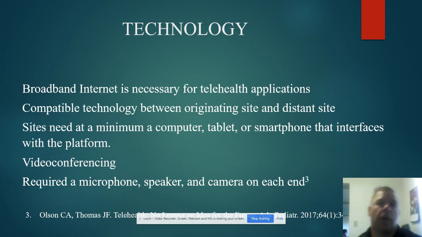Involved with telehealth, obviously, you're going to need high-speed internet access. So broadband internet is necessary for telehealth applications. You're going to need compatible technology between the originating site and the distant site. Generally speaking, if it's not compatible, it's not going to work. At a minimum, a site is going to need a computer, a tablet, or smartphone that interfaces with some sort of telehealth platform. For video conferencing, you need, at a minimum, obviously,